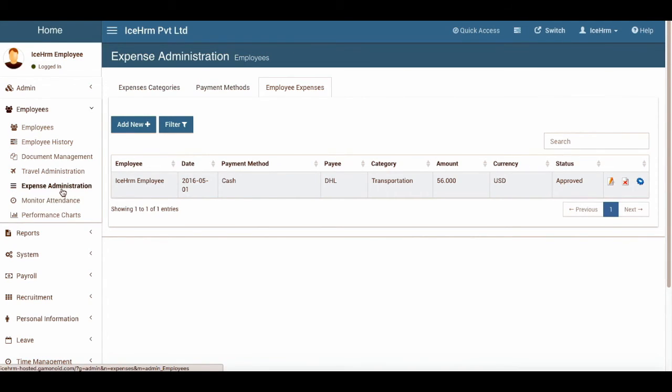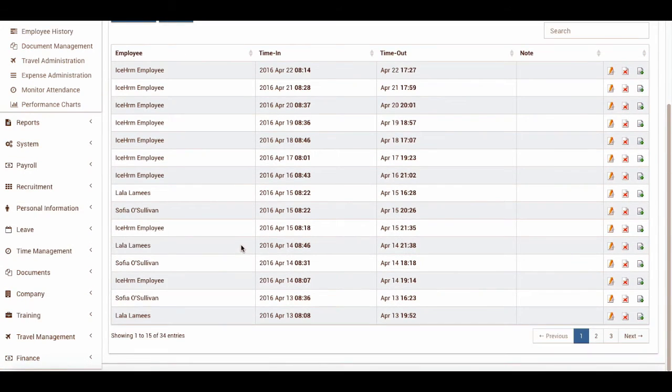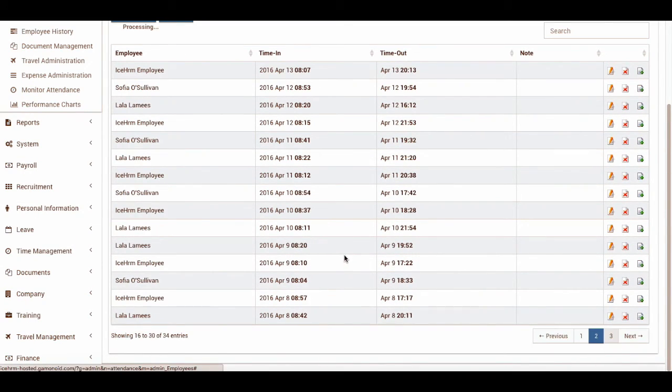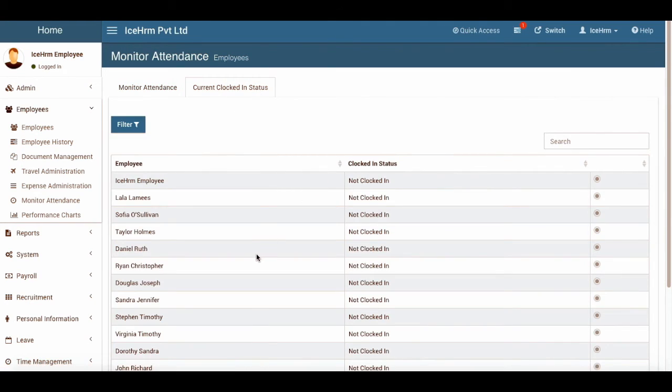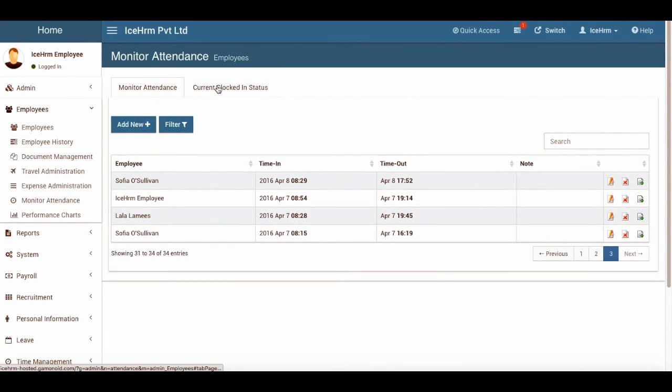Alright, so let's now go to the monitor attendance. The monitor attendance section shows all the attendance of the employees of the company, and this is available for the managers as well. You can see which employees have clocked in. If they have not clocked in for the day, it will show as a gray button, and if they have clocked in and clocked out, then that will show as yellow. And if they are already in the office, then that will be showing as